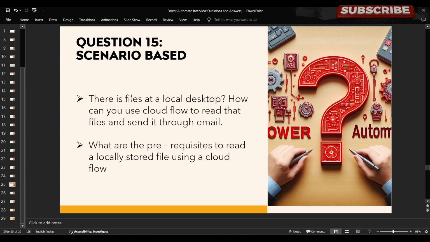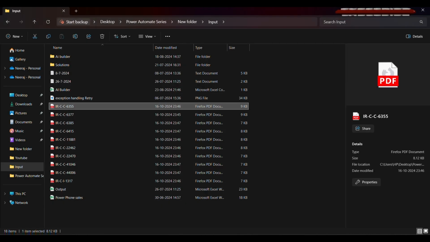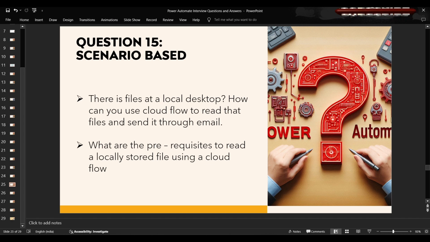Right, so now there are two or three scenario based questions. The first was that there is some file on your local desktop. For example, I have this file on my local desktop. Right now, what I want to do is utilize Cloud Flow to read that file and send it through email. In order for Cloud Flow to interact with your local desktop, you have a prerequisite of on-premises data,